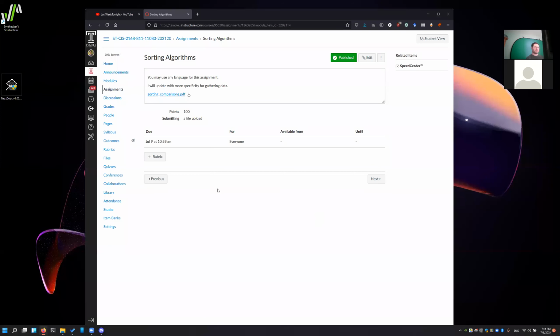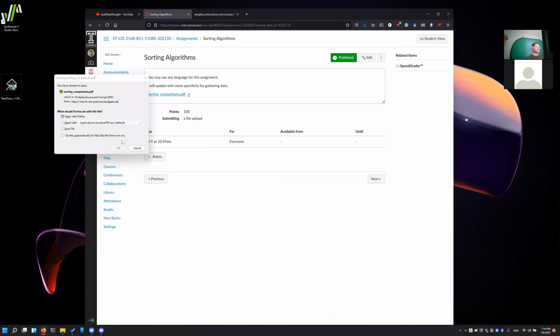Record this on this computer. I should be able to do that just fine. All right. So notice it says, I'll take more specificity for gathering data. It's always been like,